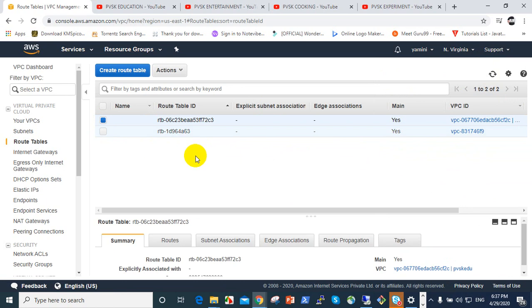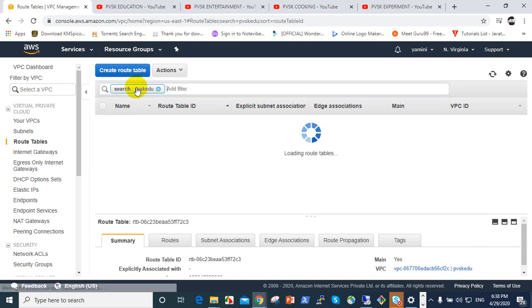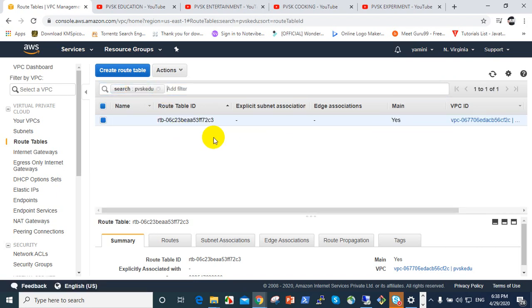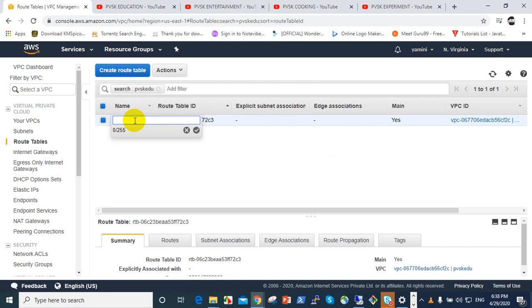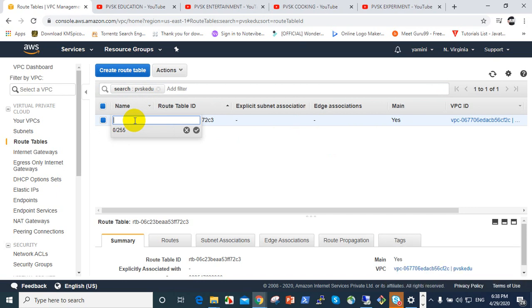We created the VPC PVSK EDU, and that custom VPC gives this route table. For every VPC one route table is automatically created. We already have the default VPC's route table, which is not useful to us, so you can change to the custom VPC route table.